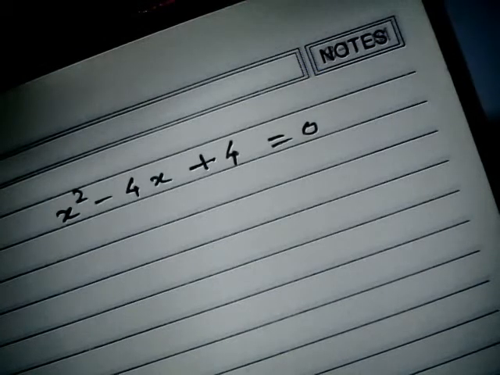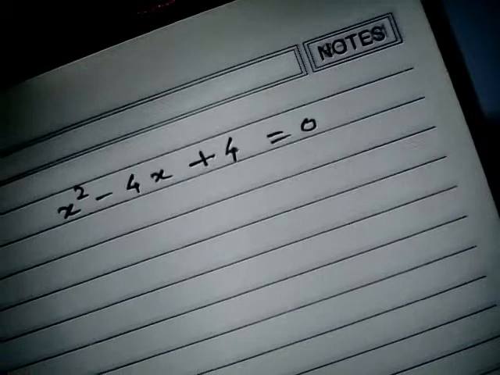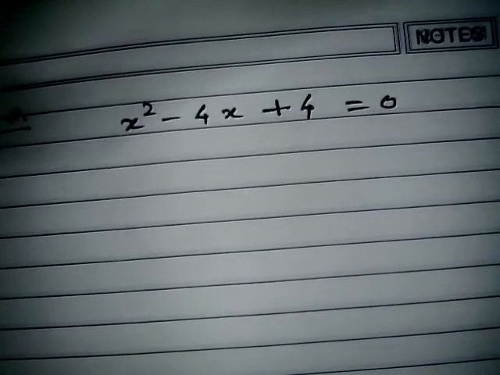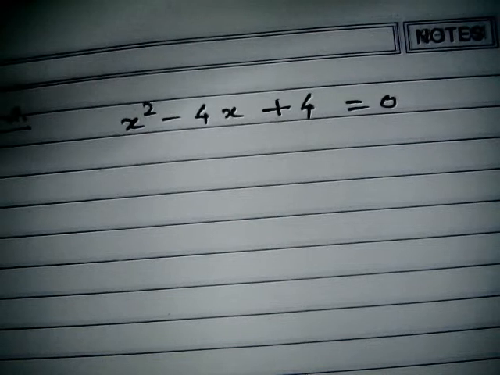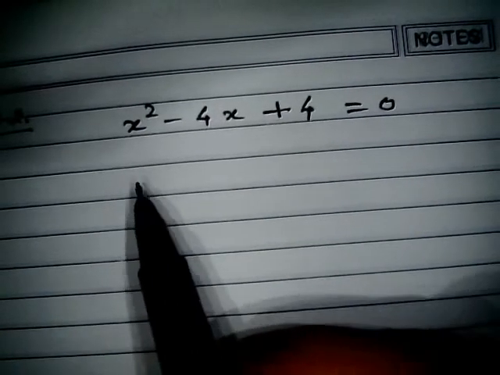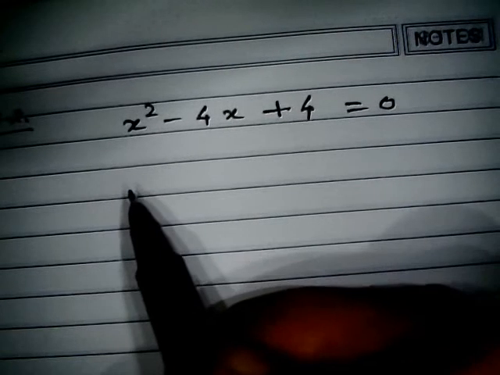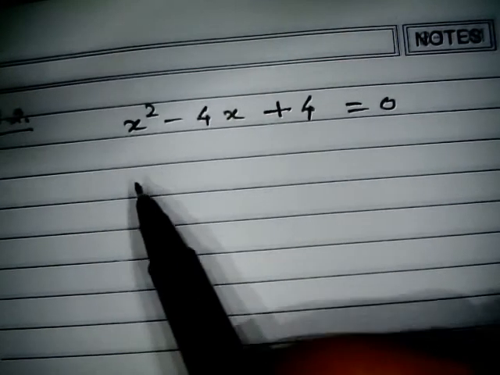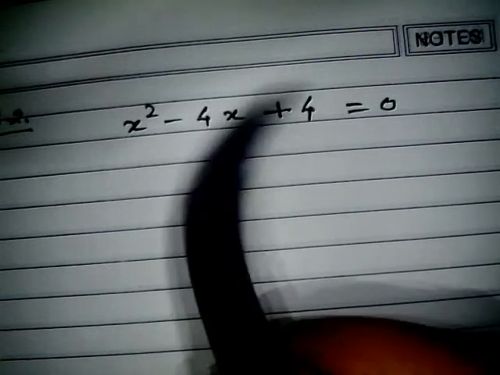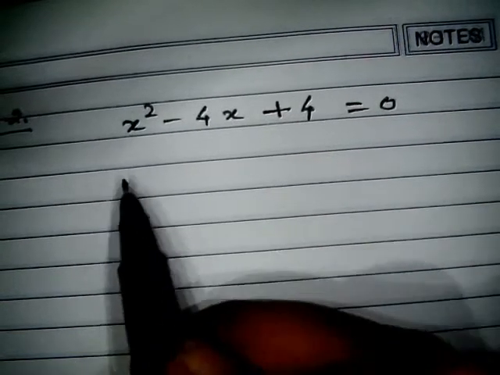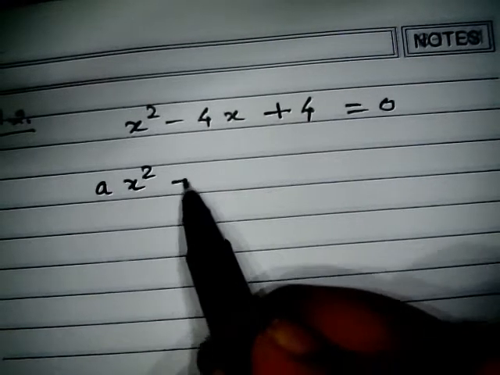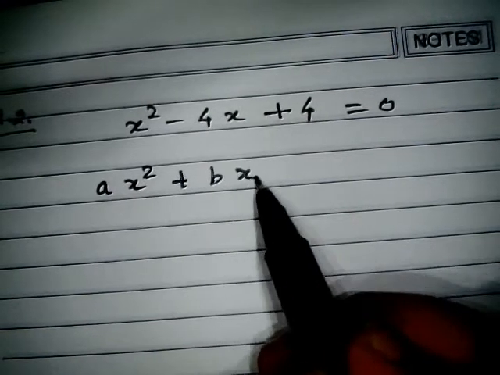Okay, now in this video I am going to solve this quadratic equation again with the help of the quadratic formula. First I need to compare, because in the quadratic formula we need the values of a, b, and c. So to get the values of a, b, and c, I need to compare this equation with the standard form. I am going to write the standard form, that is ax square plus bx plus c equals